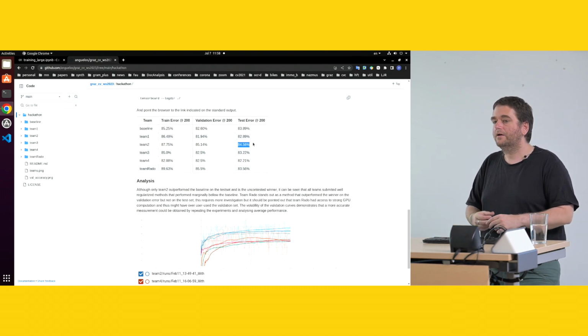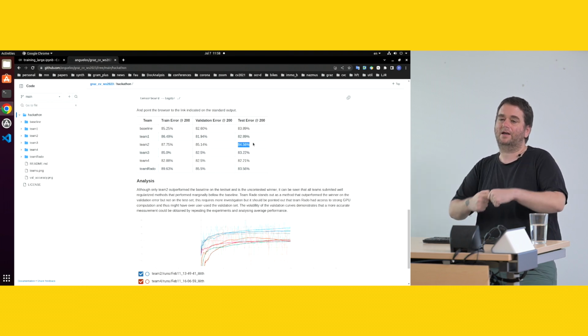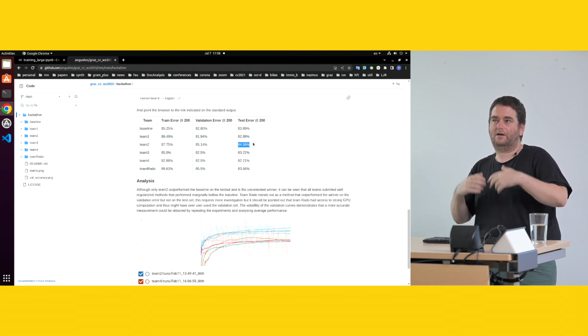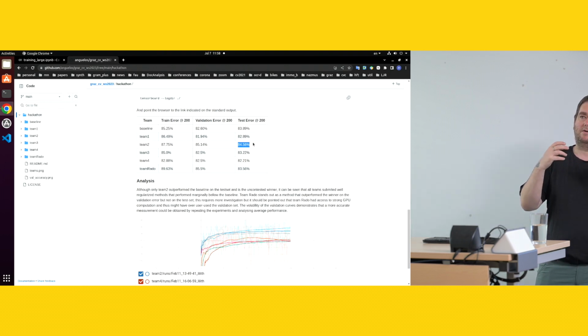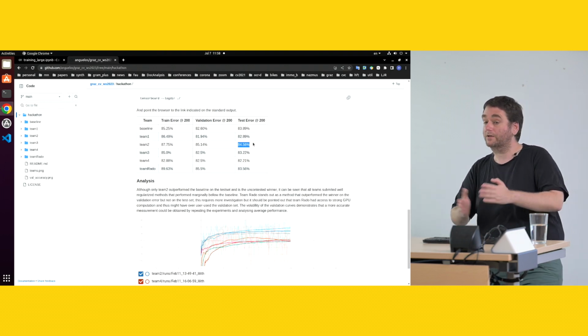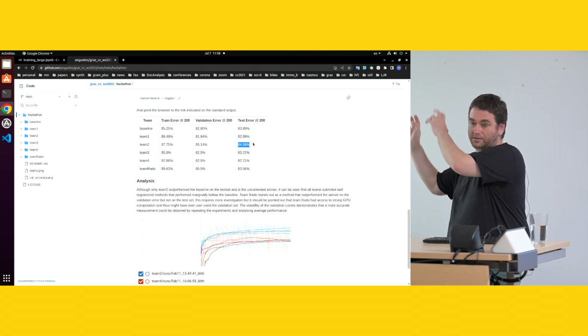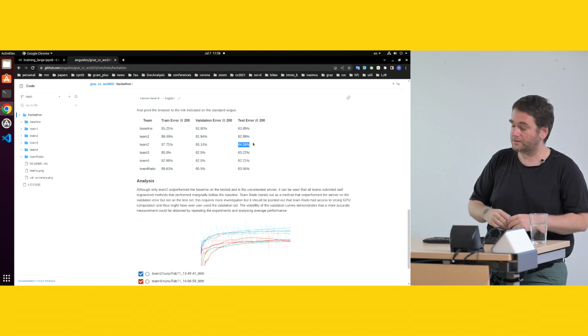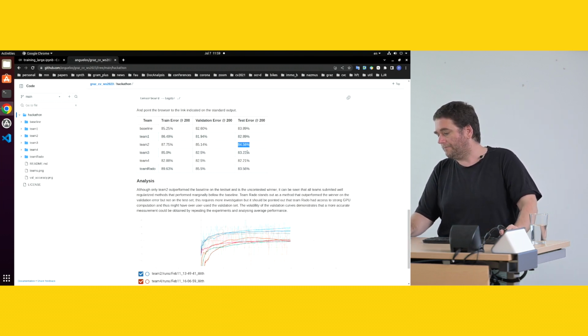But still, although it might not be very strong statistically as a demonstrable proof that this would be better in all cases, in another unseen second test set, it's a very strong indication. And